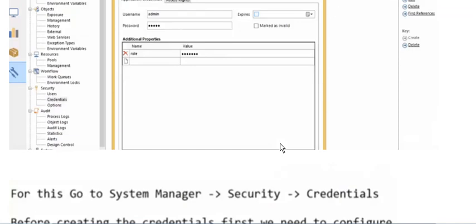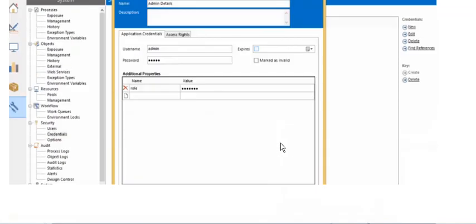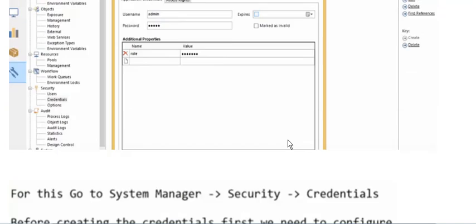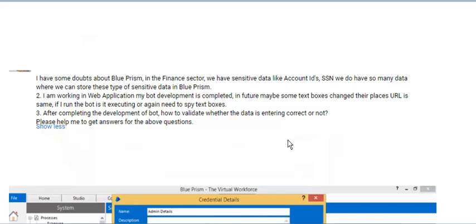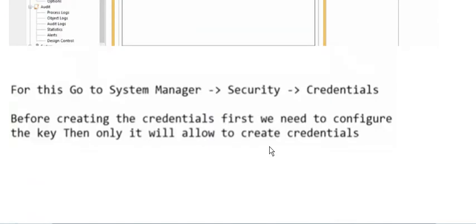You have to create a key before you start to create any of your sensitive data, maybe your account ID, SSN. Whatever it may be, you have to create a key, and once your key has been created, you have to create new credentials which store your sensitive information.